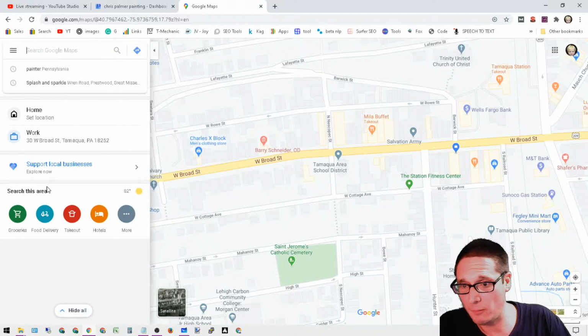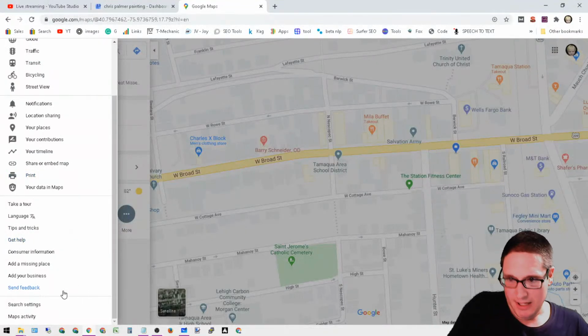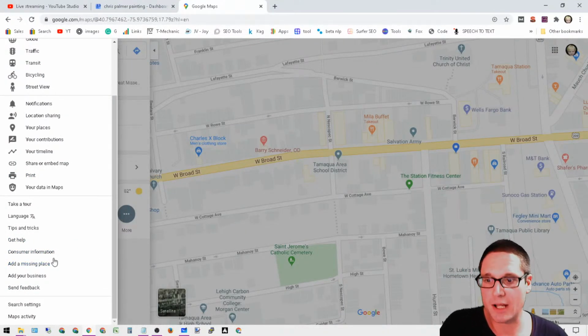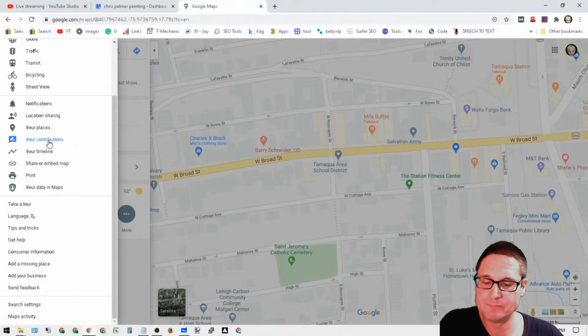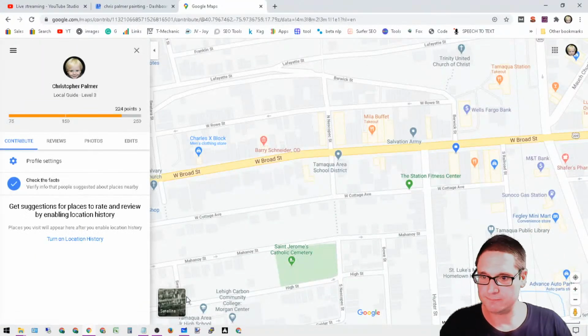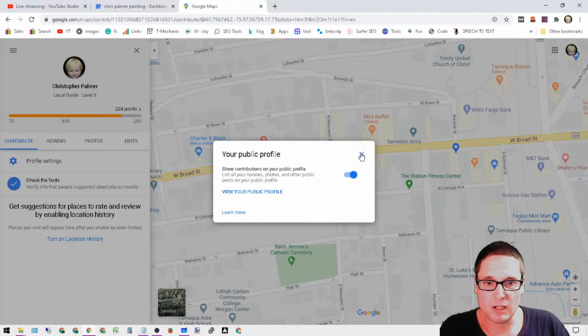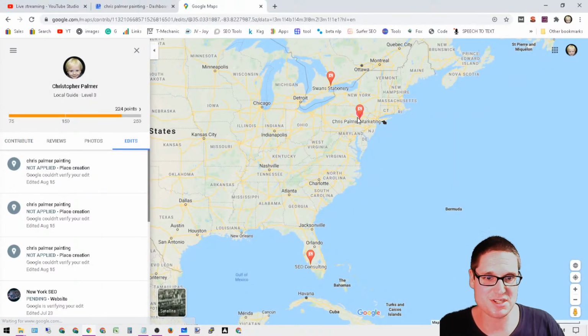You'll see them over here on the left hand side, inside of here. So if you take a look over here, usually if you have a newer account or an account that you haven't been really messing around with, you'll see your contributions. And if I go into my contributions, when you have a fresh account, a lot of them were going through. But as you can see, as I was trying to make other changes up in here,